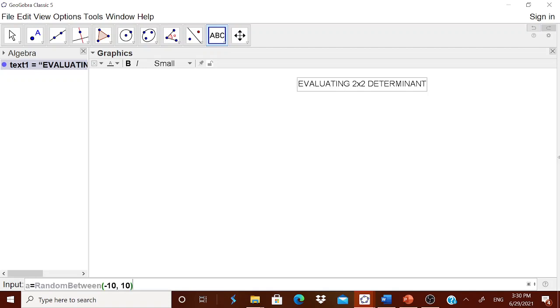Now I have to do this again and again. Therefore copy it, Control C. Then b is equal to, then c is equal to, then d is equal to. Now you see this GeoGebra worksheet will automatically evaluate the determinant value provided the numbers are written in a matrix. Therefore I want a matrix to be formed. Already you know it. First curly bracket, again curly bracket, a comma b in the first row, come out, then comma once again inside the bracket, once again curly bracket, c comma d.